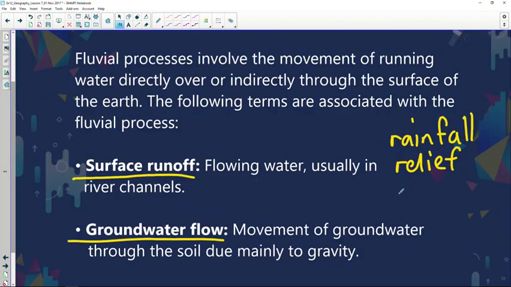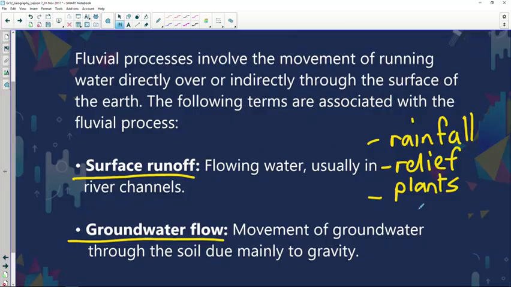Then we look at the amount of plants. The amount of vegetation means if the area is going to be covered with a lot of vegetation, what's going to be promoted over here? The water is rather going to infiltrate. And last but not least, the type